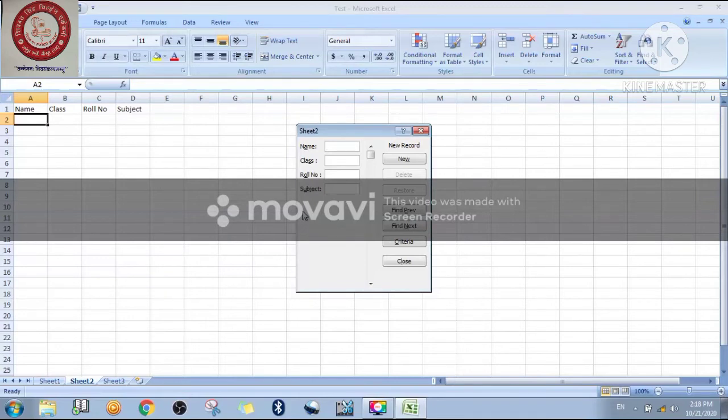So suppose I want to enter this one. Class, suppose I have taken 10, roll number 101, subject I have taken IT, right? After that press enter. See, immediately once I press enter, the record is inserted into the Excel sheet.